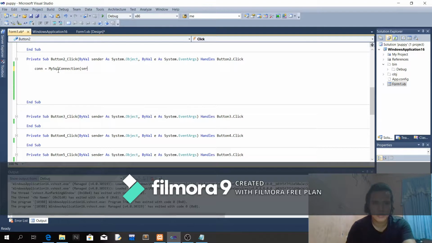So server equal to localhost, user is equal to root,